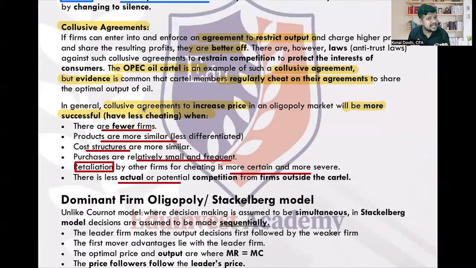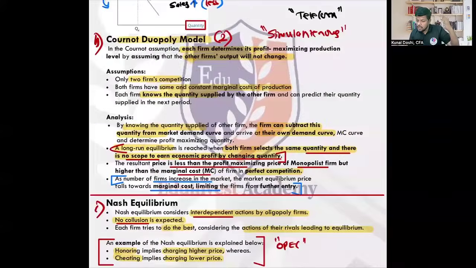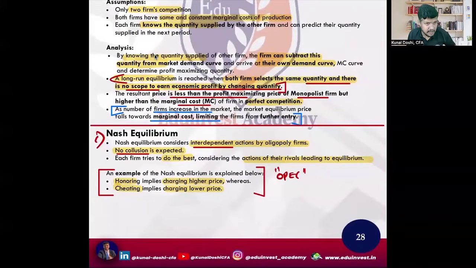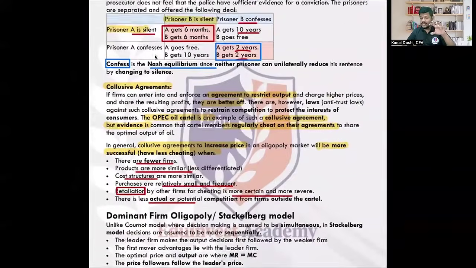However, that's not the case right now. OPEC has big competition from the US itself, right? I've got a question: collusive is for oligopoly. See, the term collusive agreement means a cartel. This is under oligopoly, and we are under Nash equilibrium. Okay. So a collusive agreement or cartel is under oligopoly. Under that also we are under Nash equilibrium. Correct? Right? This is where the cartel is.